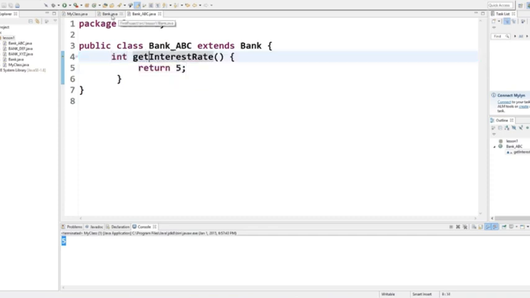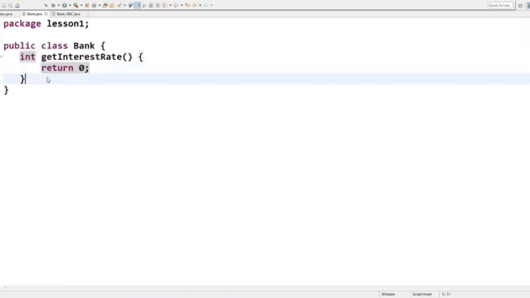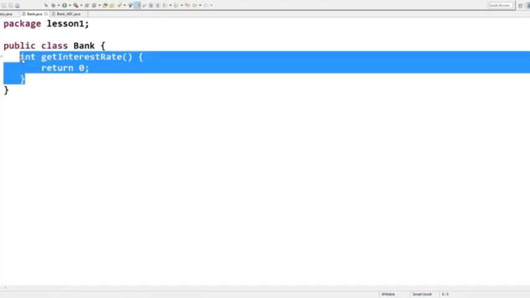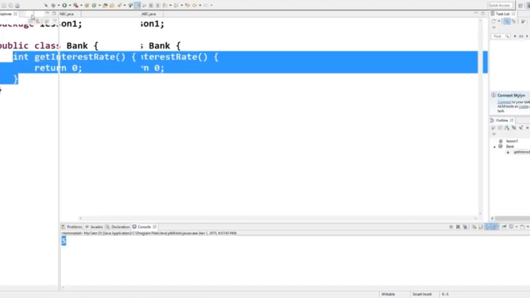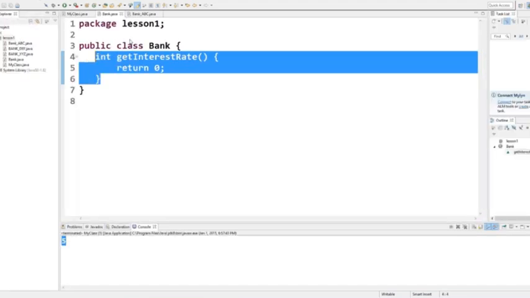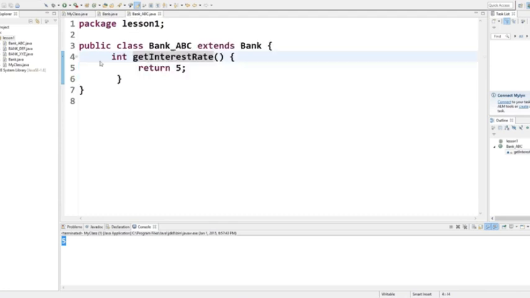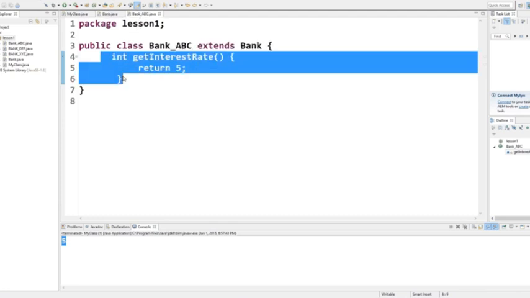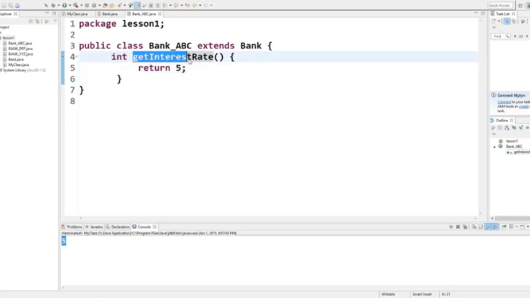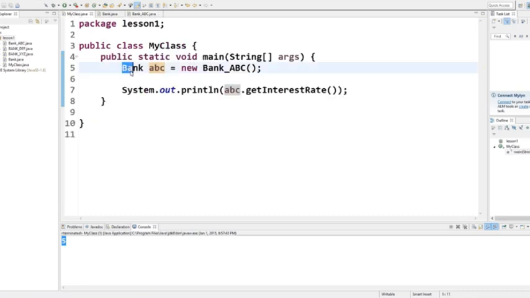Earlier the method we were using for getting the interest was getInterestRate from the base class. But as soon as we introduce a new method in a subclass which is the same but returns a different interest rate, and we use the object of the subclass,